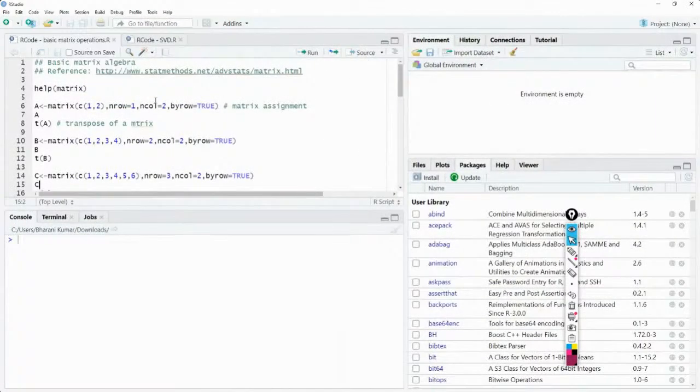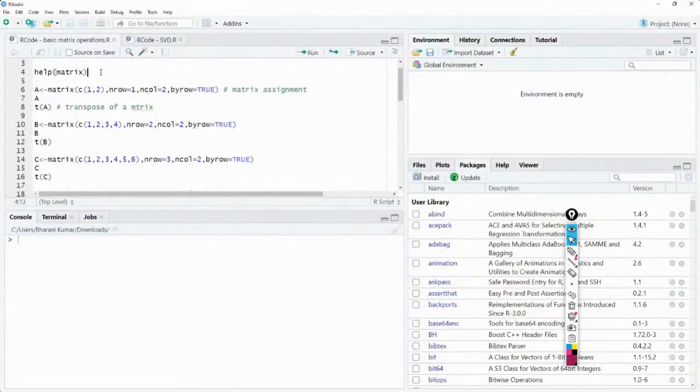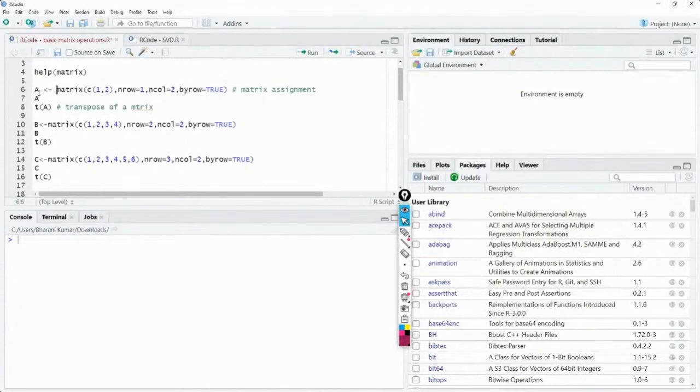basic matrix operations. Okay. If you do simply help of a matrix, you get to see everything about the matrix. Okay, so here I'm saying I want a matrix which has these two numbers. I want to represent these as a single row and two columns.